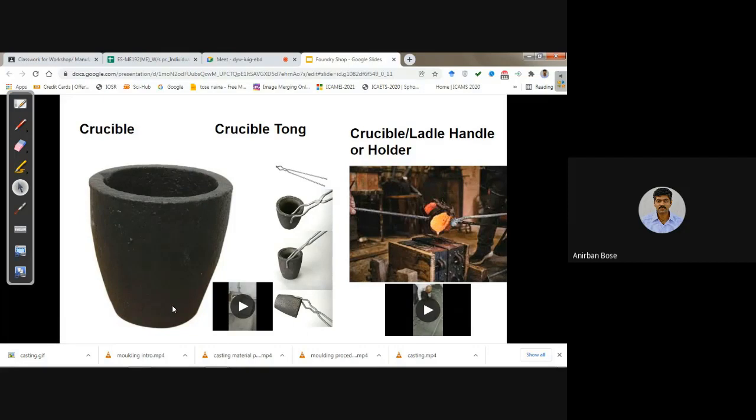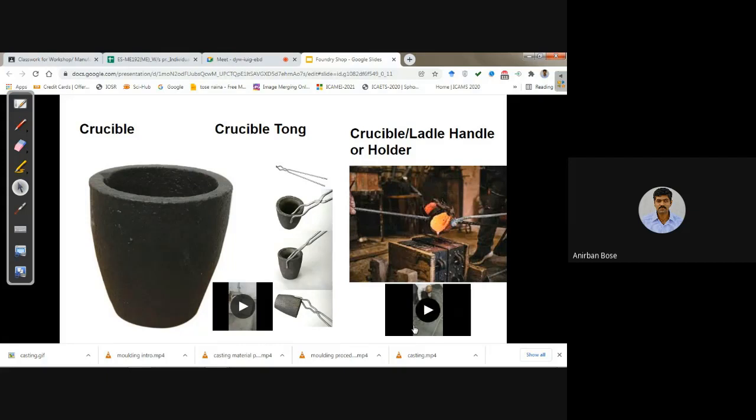Ladle and crucible are a similar kind of thing where the molten metal is actually stored. Okay, so then you can see here these are the handles or the holders where the crucible is kept, and then the molten metal is poured into the mold cavity.